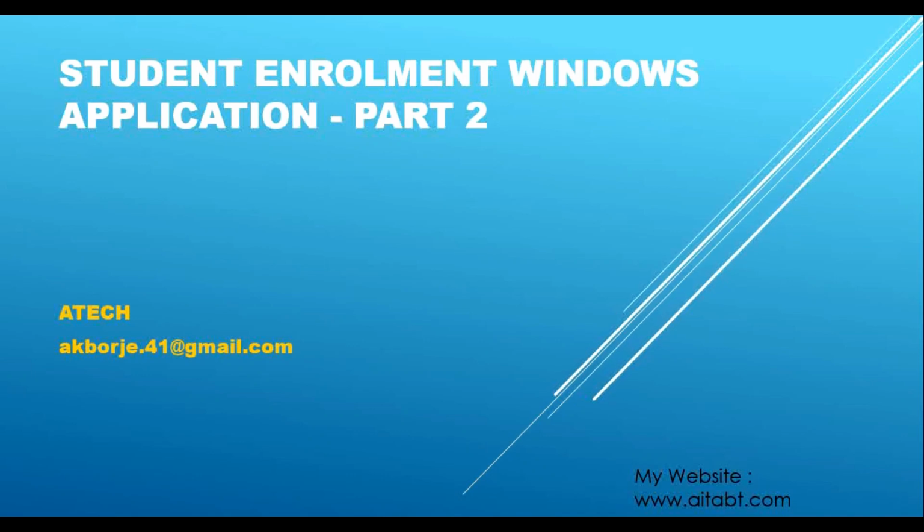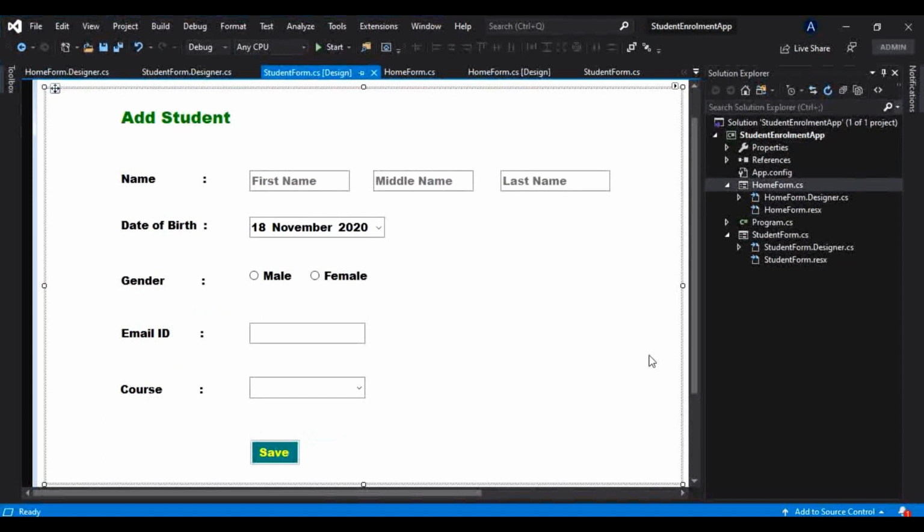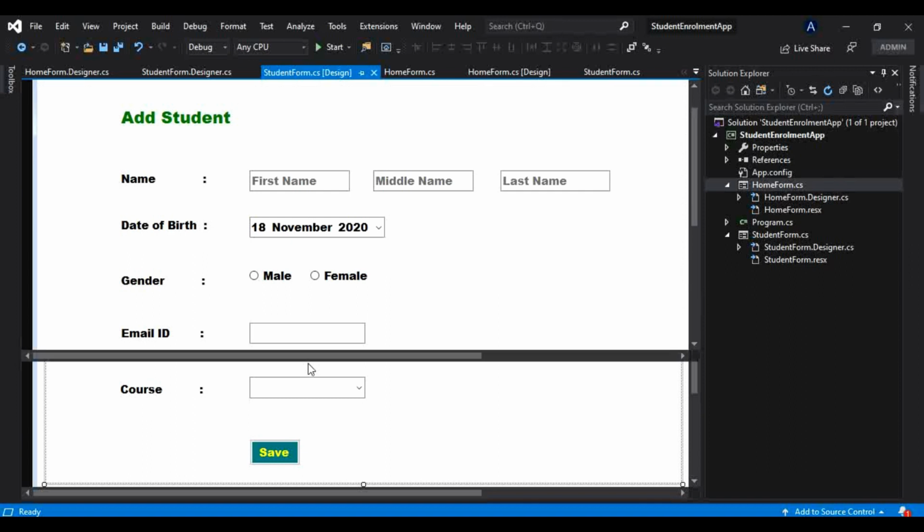My name is Akshay. So this is the continuation to the previous part. In that we have learned how we can create the student enrollment Windows application. But in that tutorial, that is in the previous part, we have created that application this much. That is, if I run this,